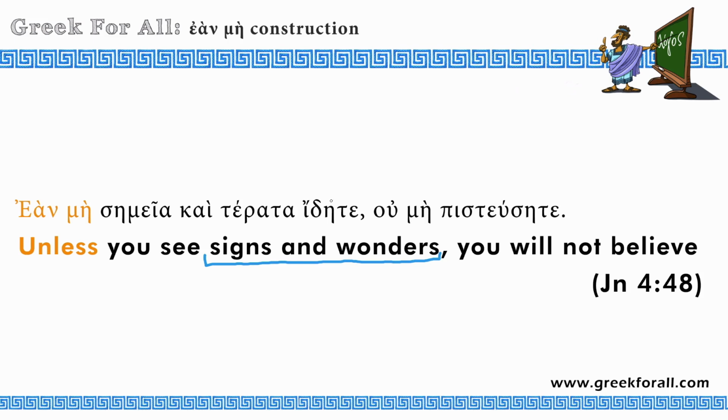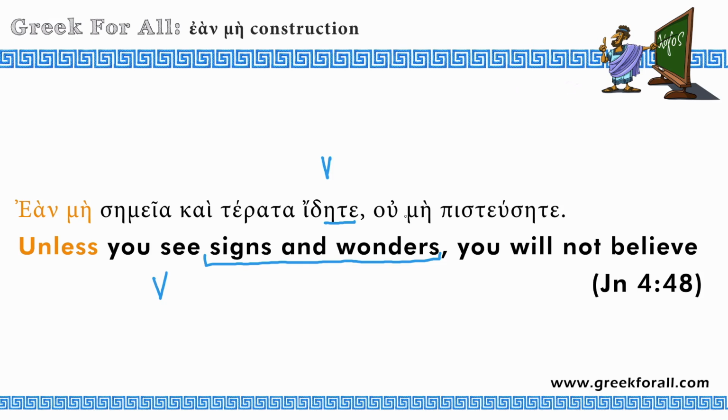This is our verb idete. This is the aorist subjunctive. We remember that ean me requires a subjunctive verb, so this is what we have here. So the verb goes after the direct object here, but in English we put the verb here. So unless you see, and this verb has the subject implied inside of it, so we have the ending ete, which means you plural. So unless you see signs and wonders,